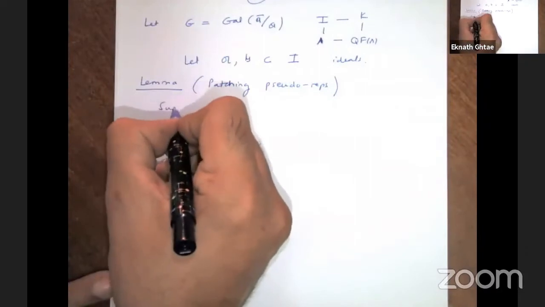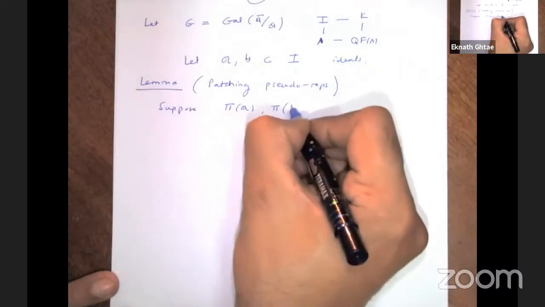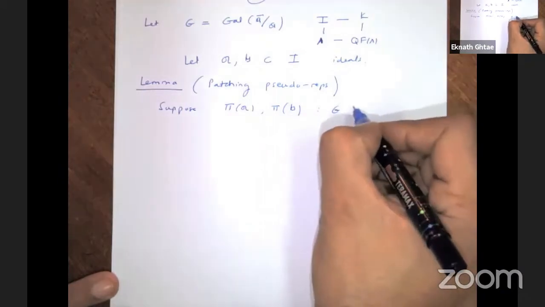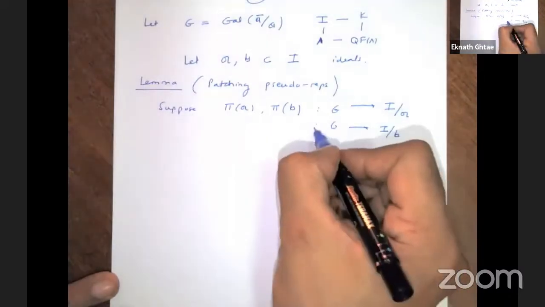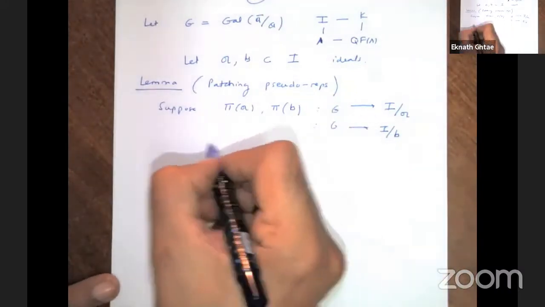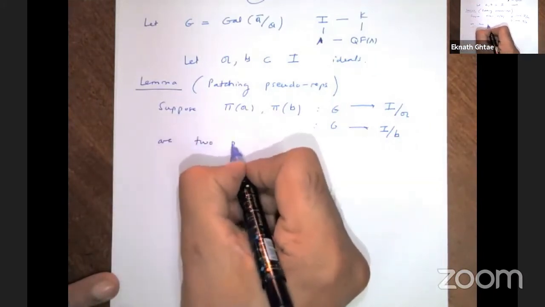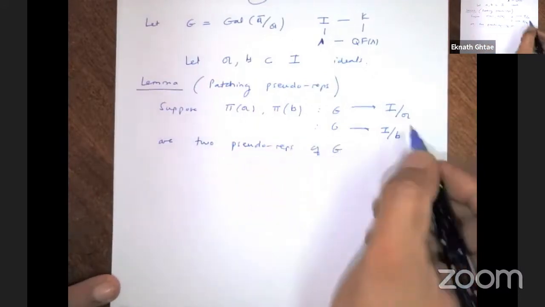So suppose pi of A and pi of B are two pseudo representations of G with values in I mod A and I mod B respectively, such that